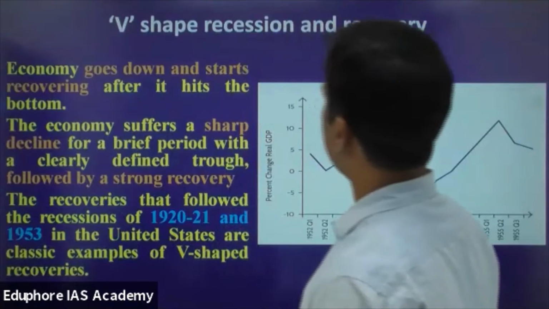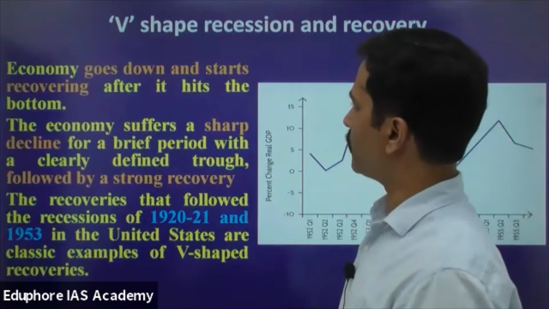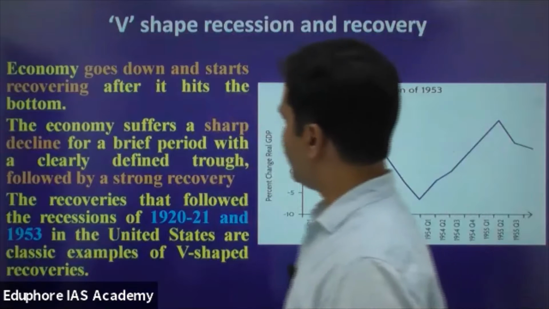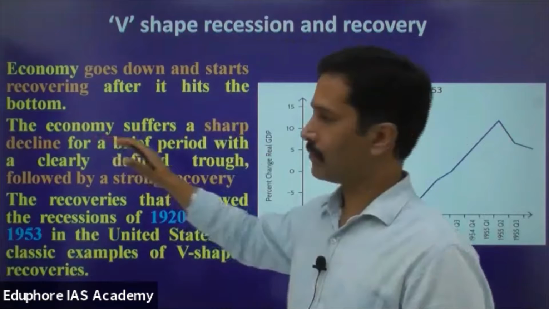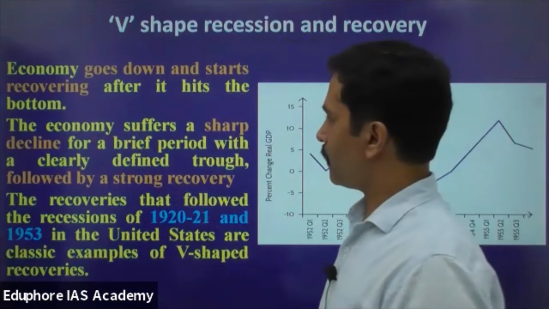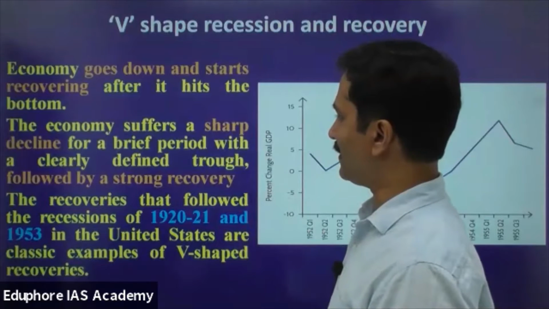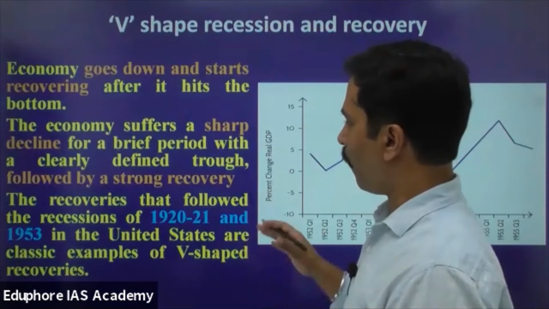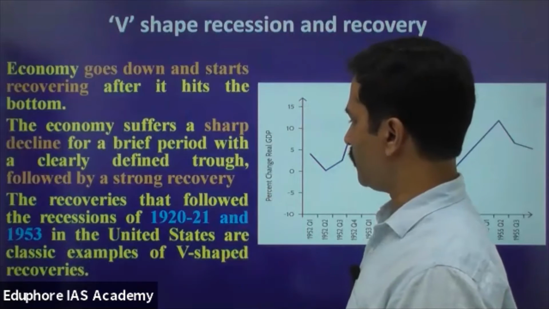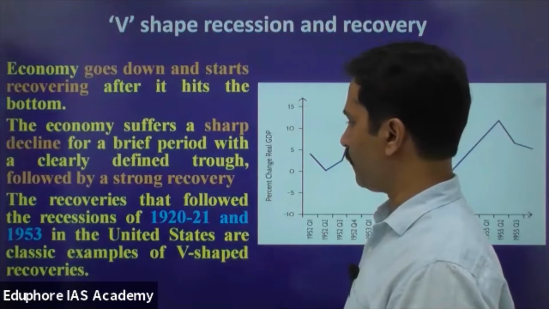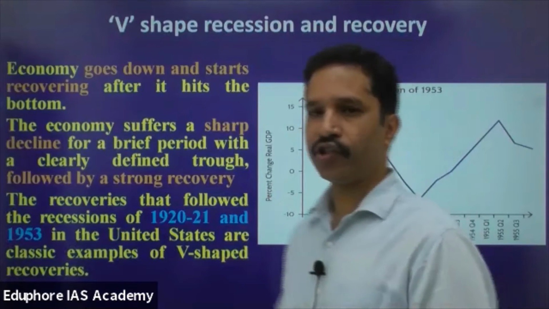First is V-shaped recession and recovery. So what is V-shaped recession recovery? Economy goes down, starts recovering after it hits the bottom, right? The economy suffers a sharp decline for a brief period with a clearly defined trough, followed by a strong recovery. The recoveries that followed the recession of 1920-21 and 1953 in the United States are classic examples of V-shaped